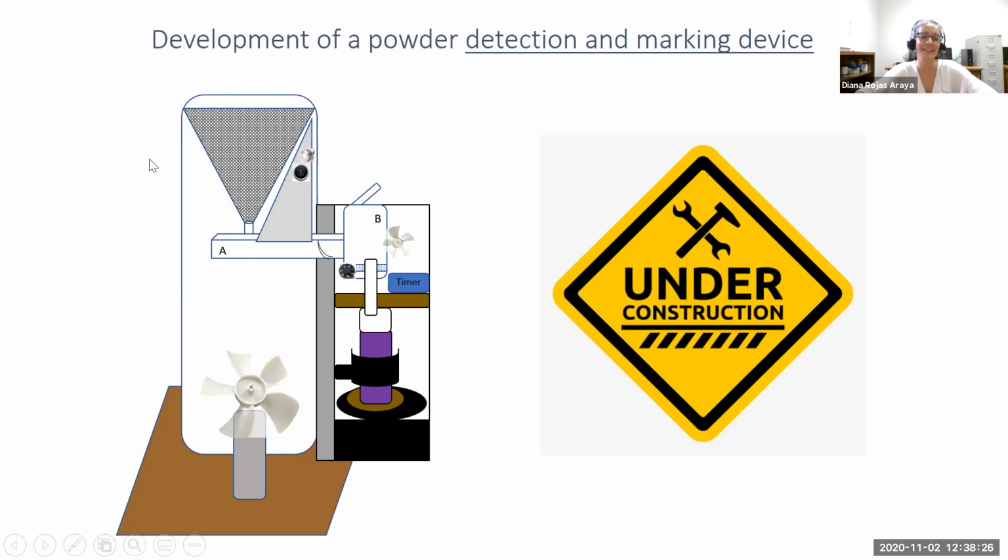So the main idea here is that the mosquitoes will be trapped. Then there will be a detecting system using a photo, so they will take a picture of the mosquitoes that are trapped. Then they will be moved to another chamber, the chamber for marking, and we will use a device to automatically mark them and then release them. But this is under construction, and I will share more updates in the future.